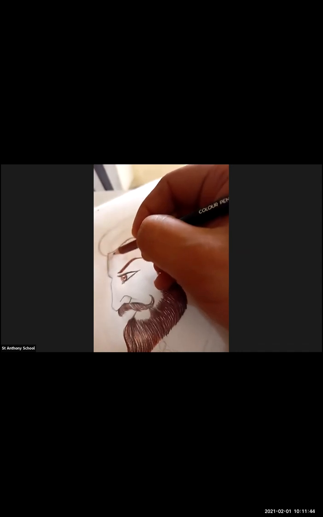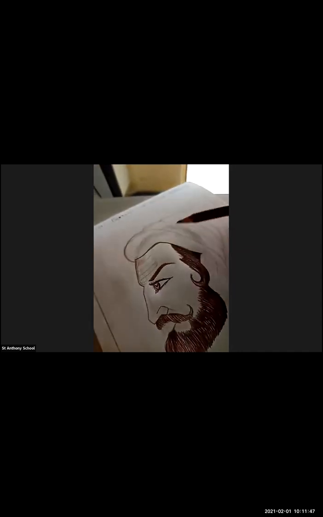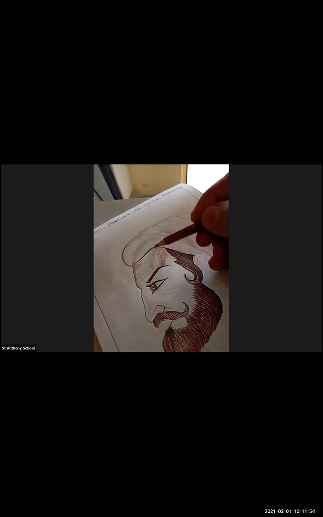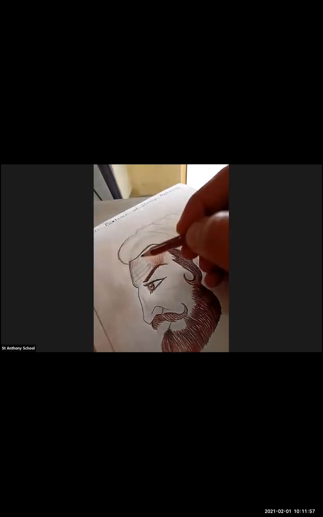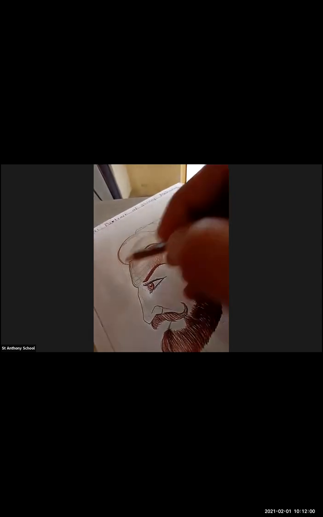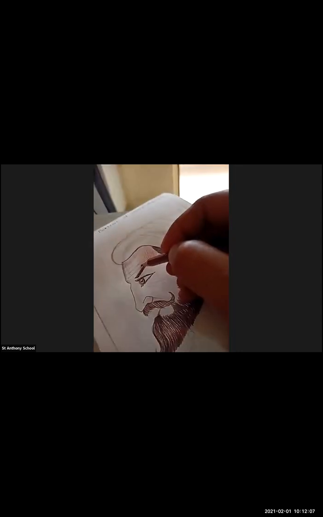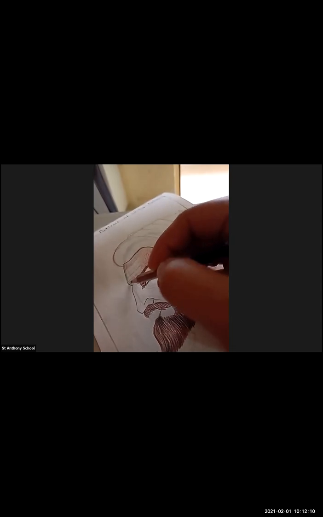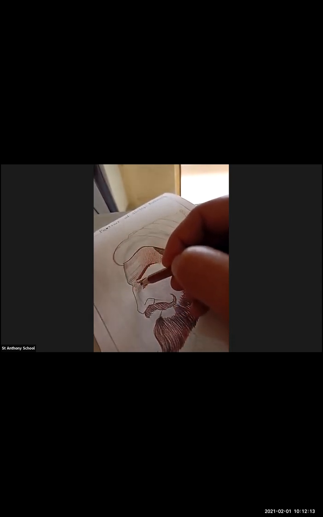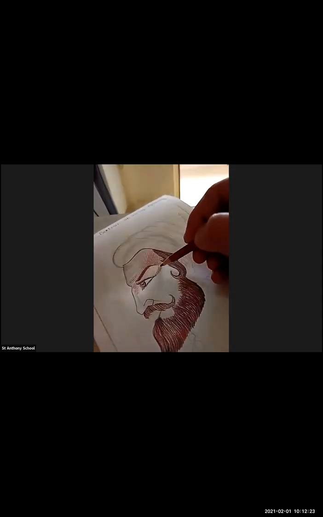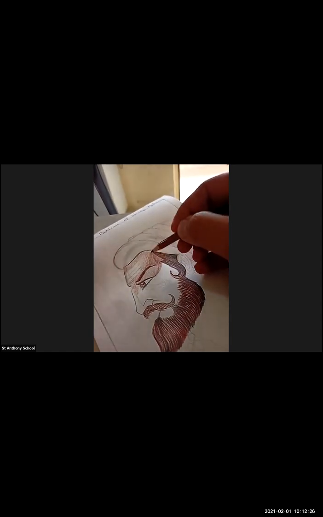Coloring the skin using a brown color shade. Just look at this.